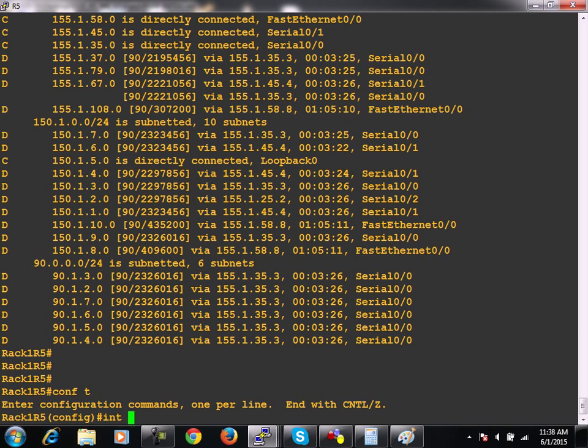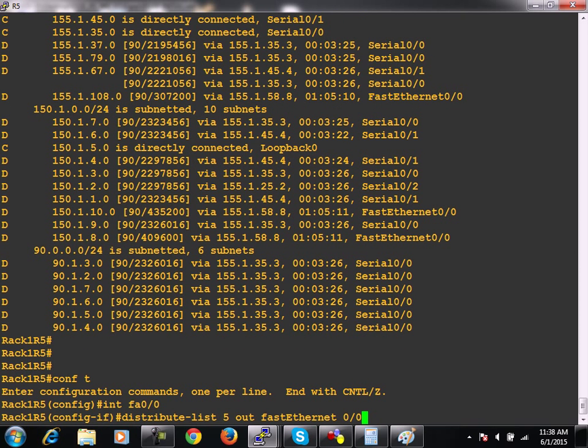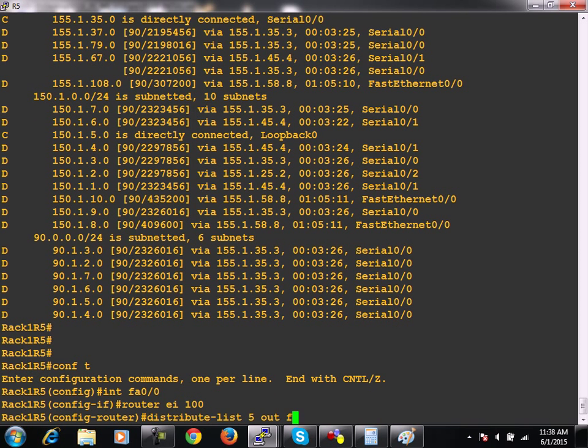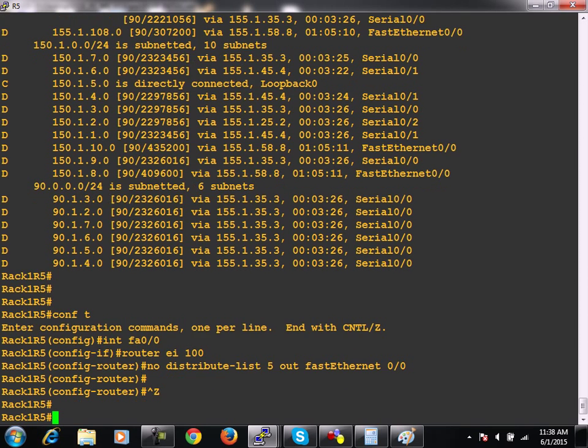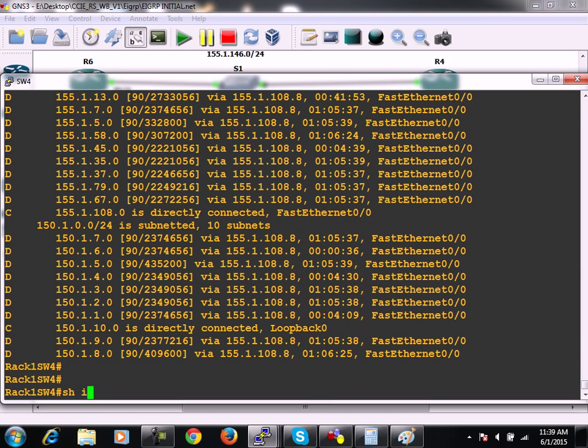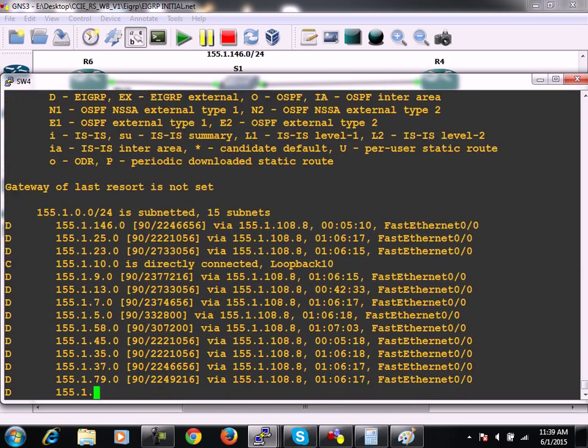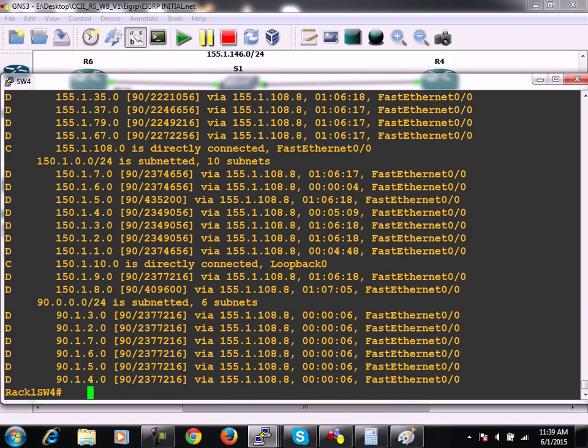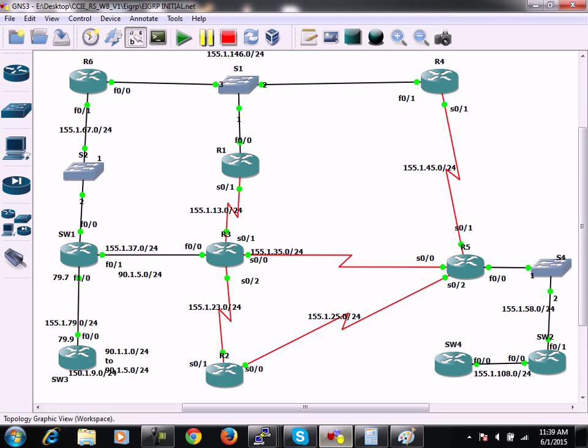So move on R5 once again, go to its FA0/0 and remove. Sorry, we have to move inside router mode, right? Router EIGRP 100 and then remove this command. And again you will see that all these 90s prefixes will be available in the routing table of switch 2 as well as switch 4. So now if you move on switch 4, if you check its routing table, you must get them. So in this way you can configure distribute list using standard ACL, and